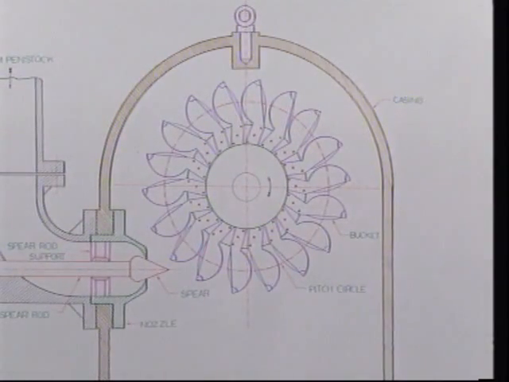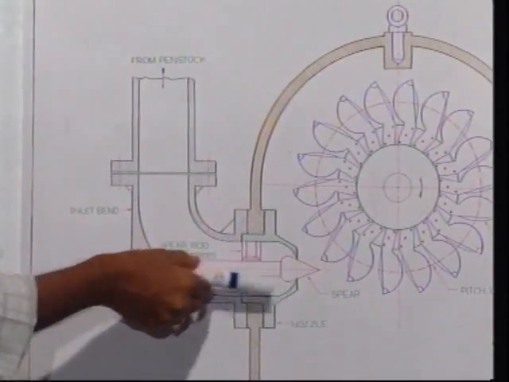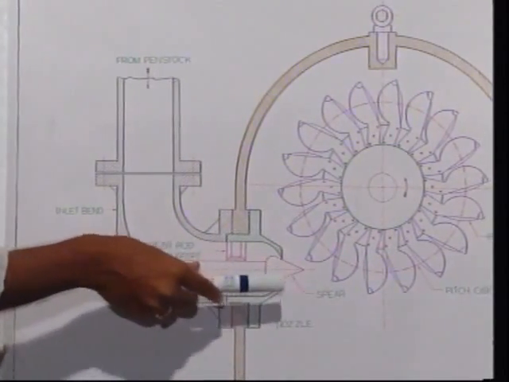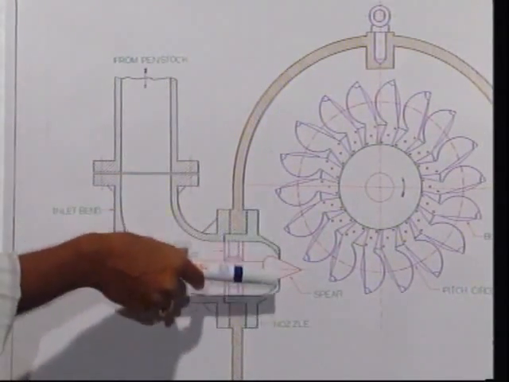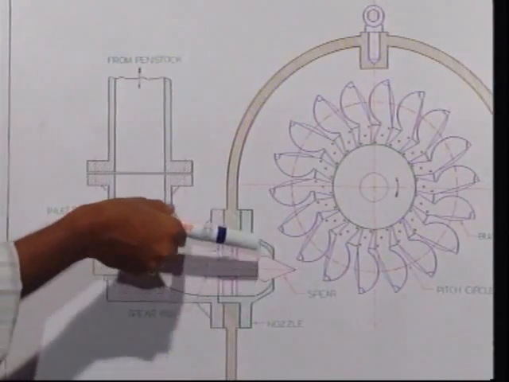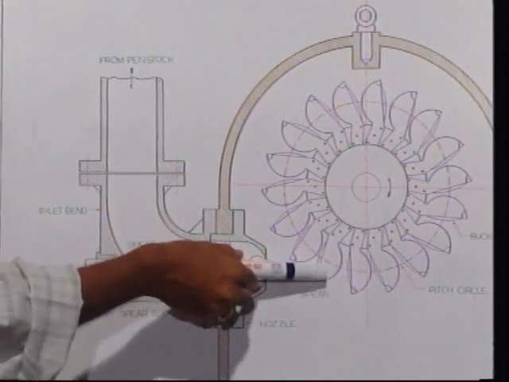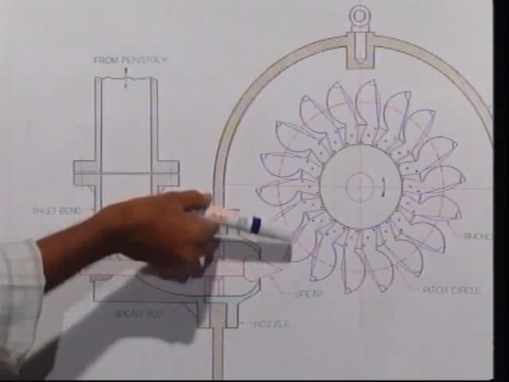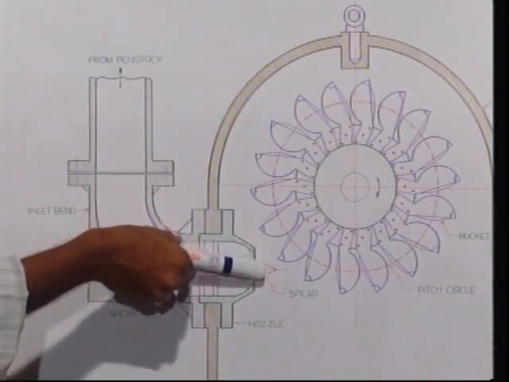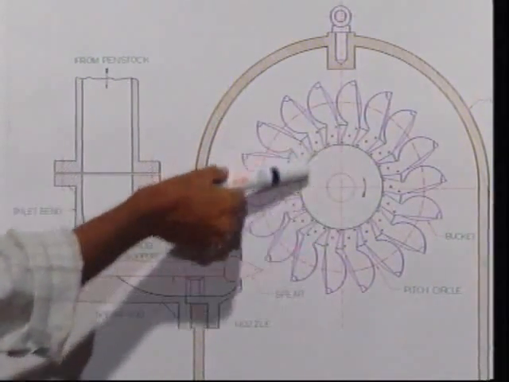Now the water from the penstock enters into the turbine via this nozzle, and all the pressure energy of the water is converted to kinetic energy. The water with very high velocity, or with very high kinetic energy, will hit the buckets, and due to this force there will be a change in momentum, and thus the bucket moves. Once the bucket moves, the next immediately succeeding bucket will occupy its place. Thus this kinetic energy will create some force on these buckets, and the runner rotates in a circular direction.